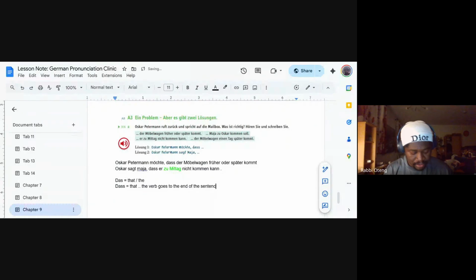That's okay. And I want to clarify this too. Normally, when we use this dass in the past tense, okay, when we are talking about something that we've already done, we've heard, for example, we've heard, we've seen, we believe. So in the normal sense we use it in the past tense, unless maybe the person is actually doing it now.